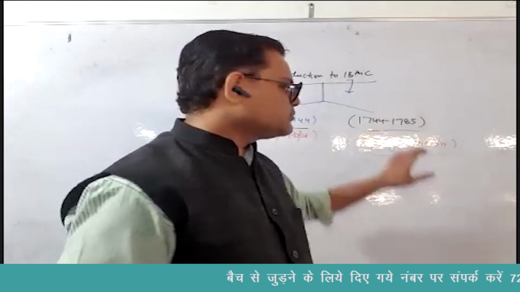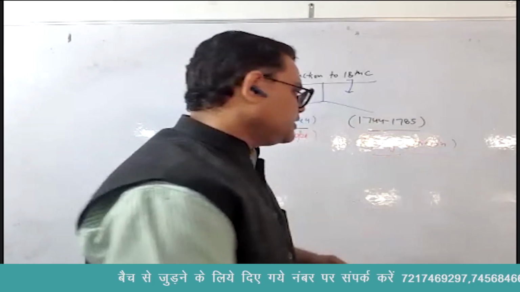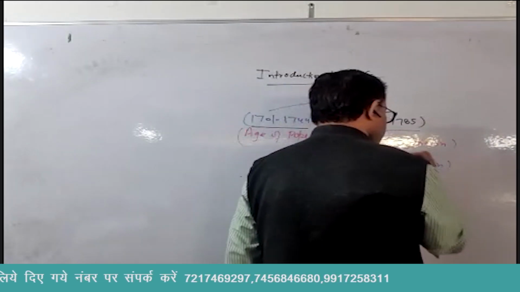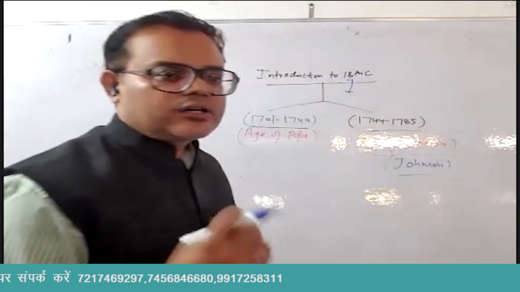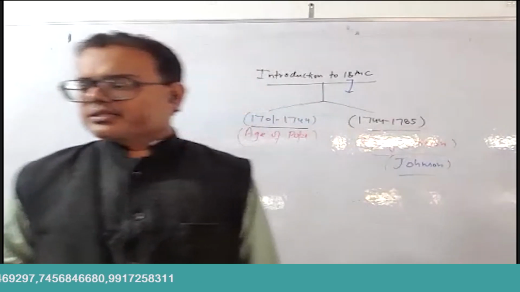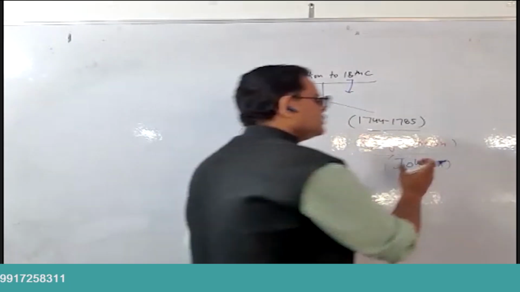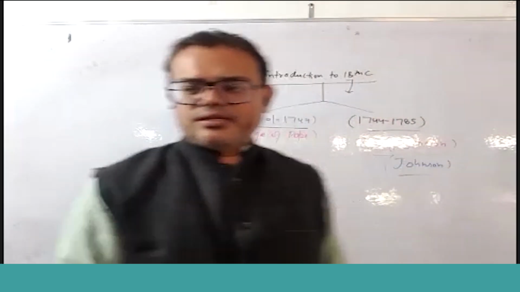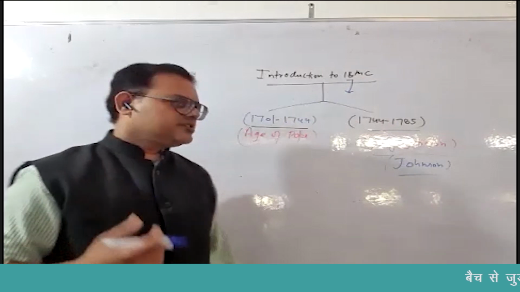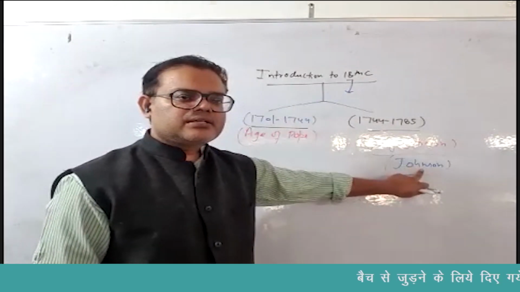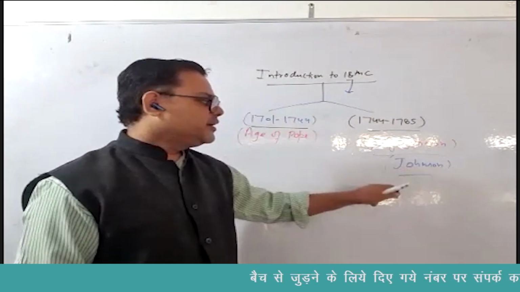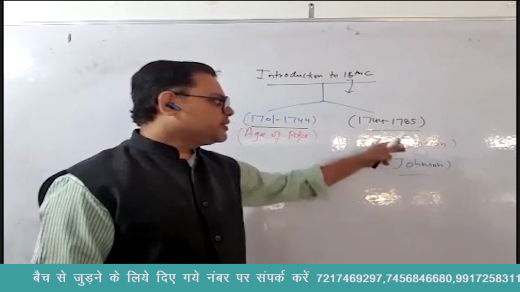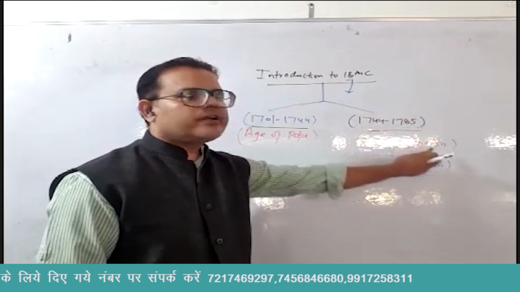So the word that I have written, I am rewriting it again here, that is Johnson. So I am talking about Dr. Johnson. Just for the beginners, do understand that there are two Johnsons. One is Ben Jonson and the second one is Dr. Johnson. Ben Jonson's spelling is Jonson. And here, if we include H, that is Dr. Johnson, then he becomes a writer of the second half of the 18th century.